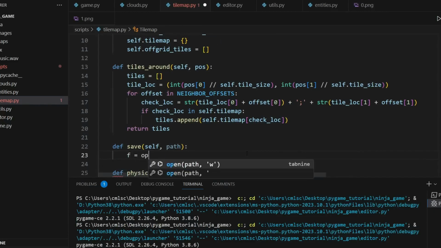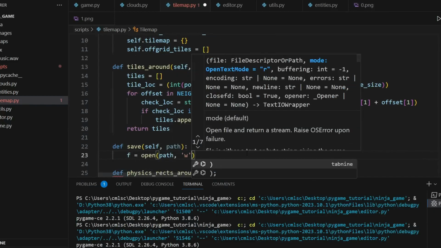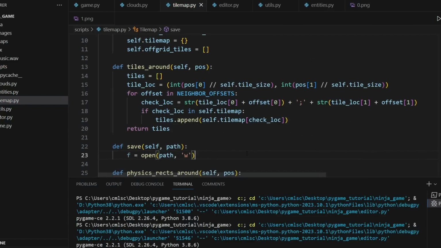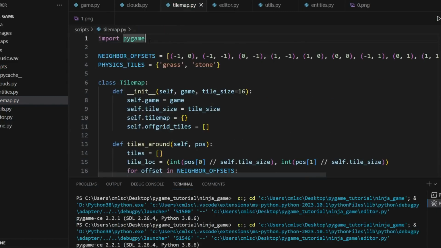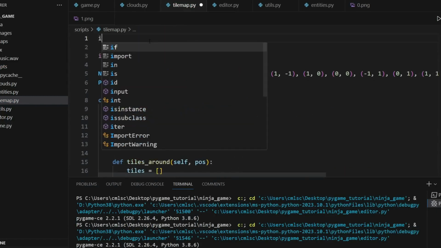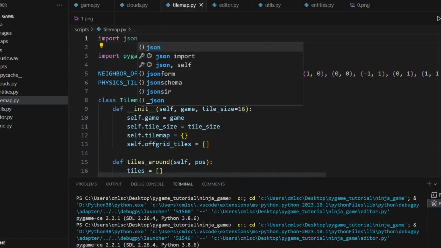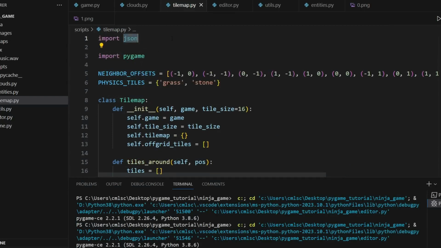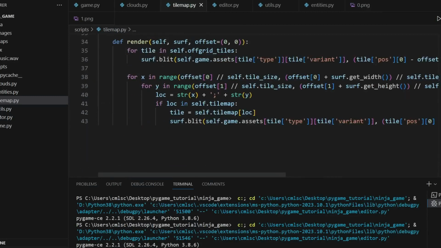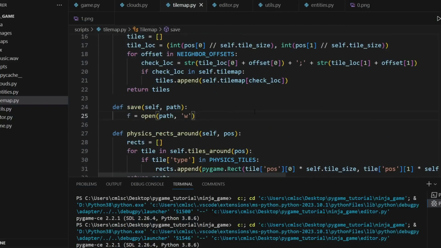And then we just do f equals open(path, 'w'). So this is just normal file handling in Python if you haven't done it before. I'm going to import a new library up here. We're going to do import json. So this is the format I was talking about before. Fortunately in Python, there's a module that makes this really easy to work with. So all we have to do, and this is super simple,